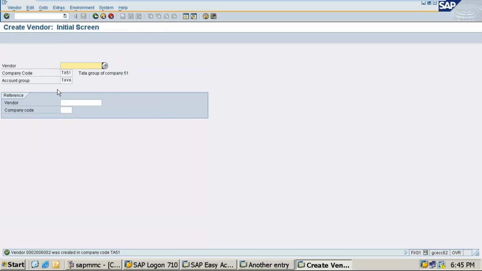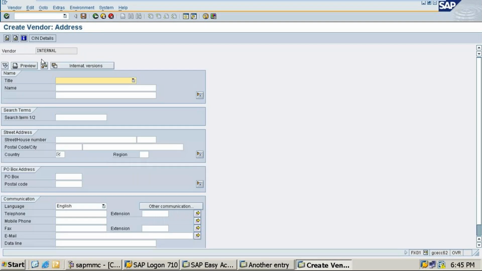Okay, let's take one more. Company name is Pratham Traders. I'm not going to give a pin code; I'm giving 34. City, anything, I'll give OT.